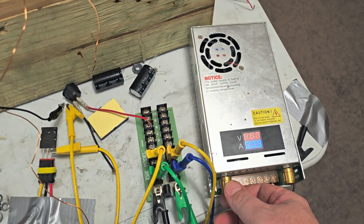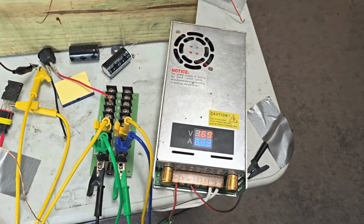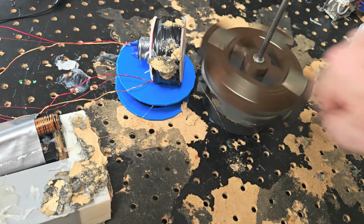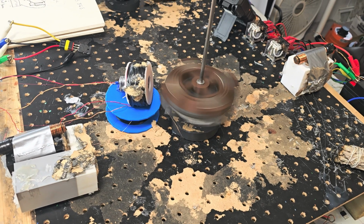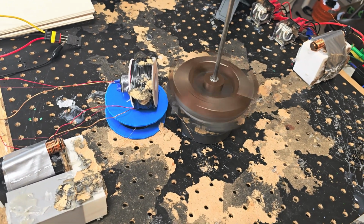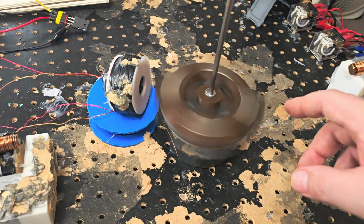So here, let me turn the juice up just a little bit. .69. So yeah, that's pounding quite hard. I'm sure the torque is up on that. Not too tremendously high at 1.5 volts, but